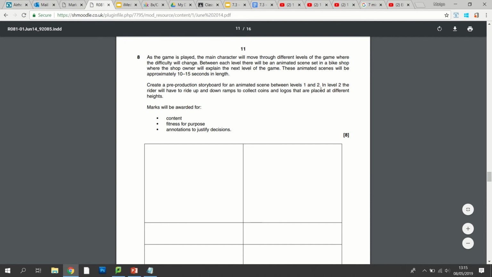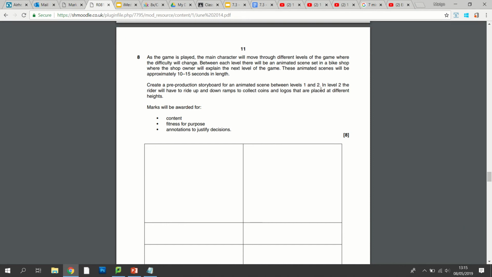So it should be an animated scene that goes between 2 relatively easy levels. It needs to be 10 to 15 seconds in length, and it probably needs to contain something that links to the next level. And it says in level 2, the rider will have to ride up and down ramps and collect coins and logos and that sort of thing.